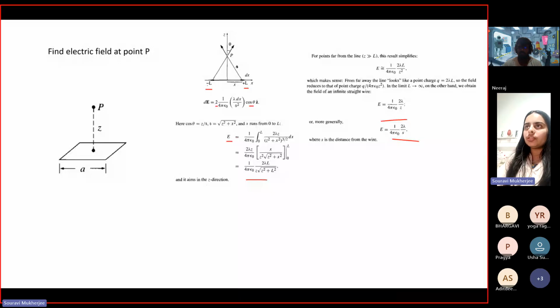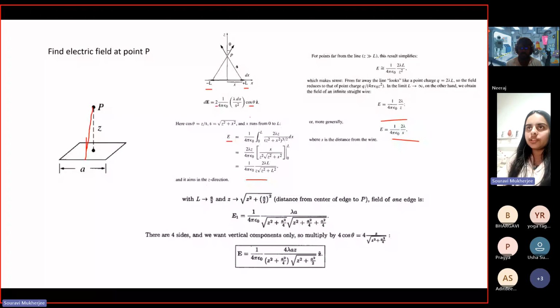So this is for along the same line. You have a line of charge and you want to find the field at point P, where you know the distance. But here the distance from the test point is not actually Z. The distance is this, right? So you have to do a modification. Basically, for this question, your L has to be replaced by A by 2, because that's how this question is.